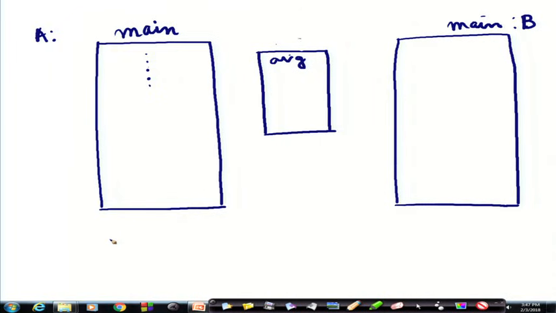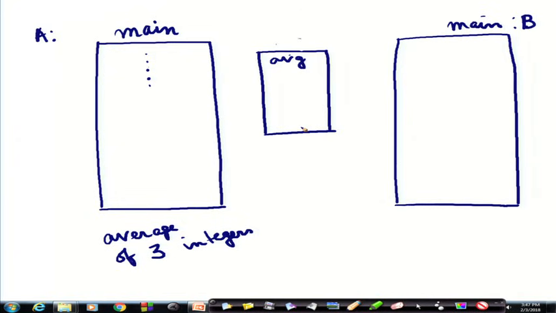He wants to compute the average of 3 integers. Suppose this one computes the average of 3 integers, but the integers can vary, right.